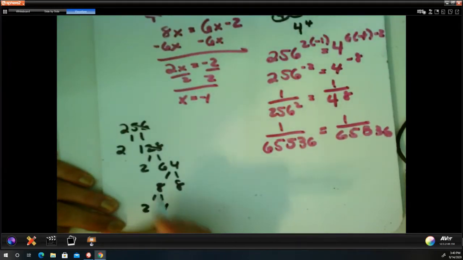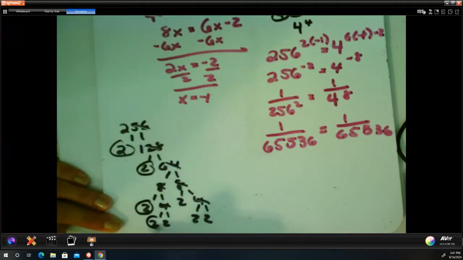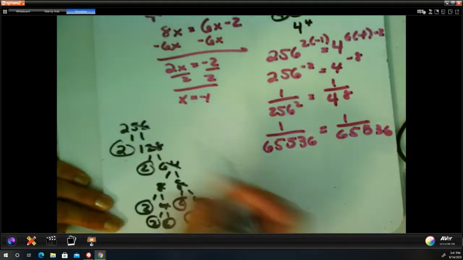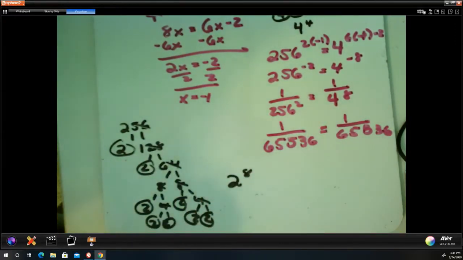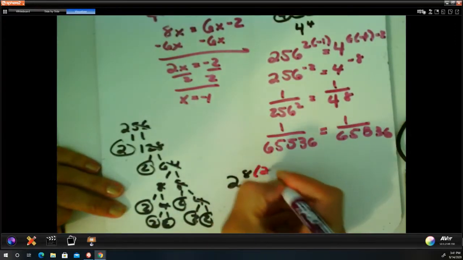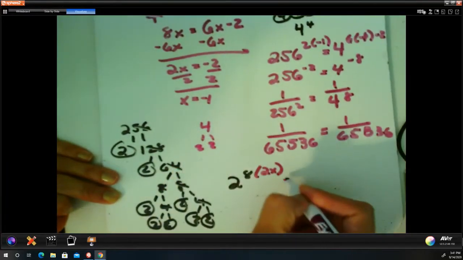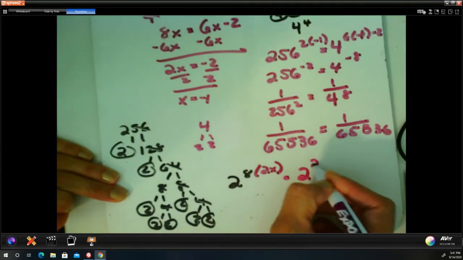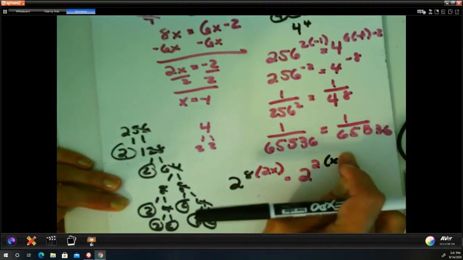So 2 and 4, 2 and 4, 2 and 2, 2 and 2. So we get 1, 2, 3, 4, 5, 6, 7, 8. So 256 is 2 to the 8th times my 2x. And then break down 4 would be 2 and 2. So 4 is going to be 2 squared times that 6x